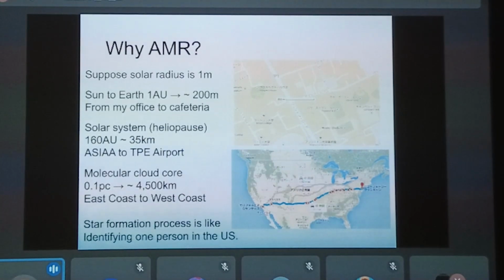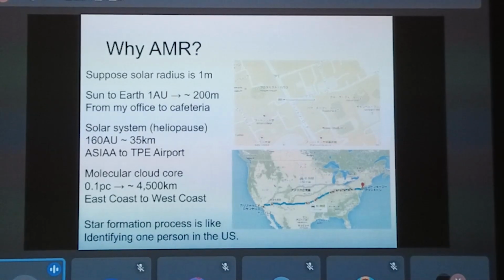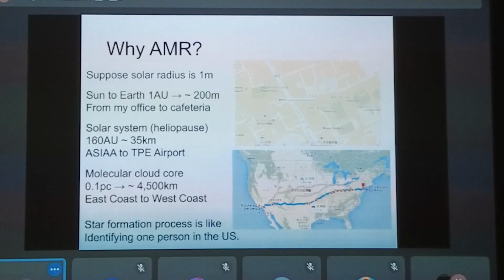Using a uniform grid, this is impossible. You need millions times millions of cells, which is impossible even using the best supercomputer available in the field. So for this kind of problem, AMR is necessary.